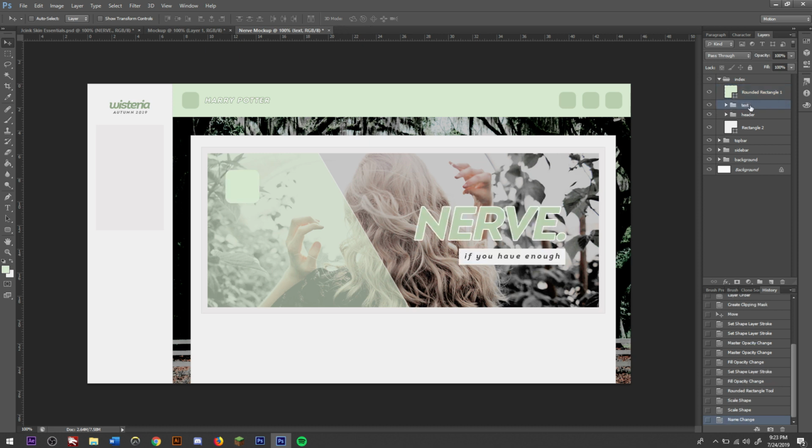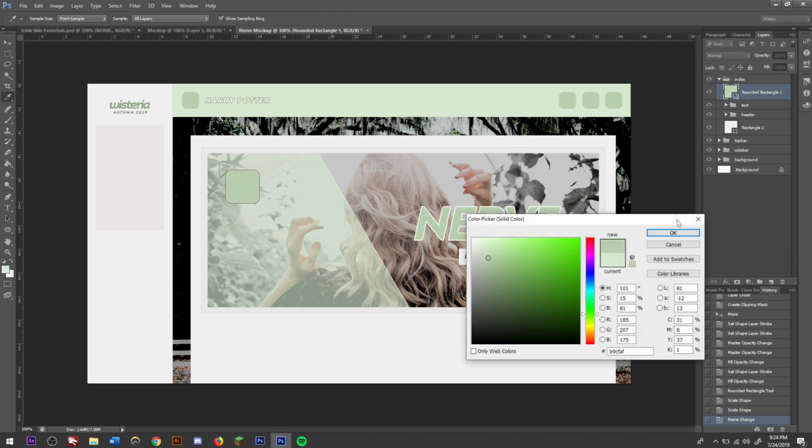Let me change this to text so that I can easily move it or just duplicate it and move it down. So I'm going to change this color